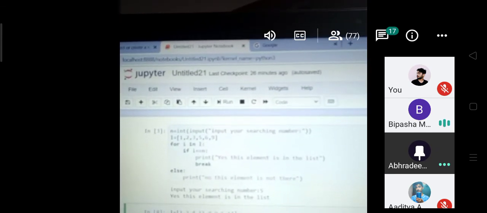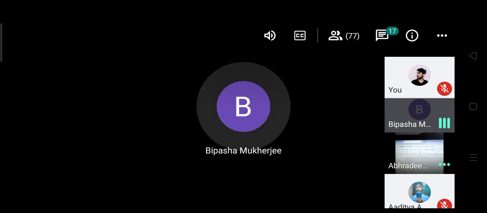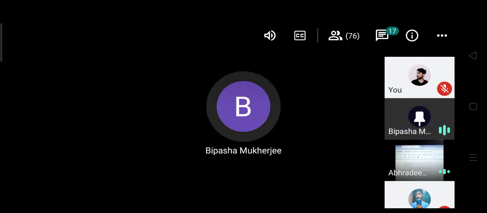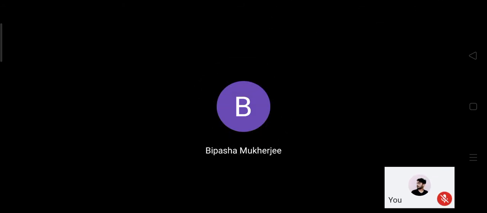That's a different issue, but you told me that if I do the things in Python using some other function, then this will reduce the complexity. No, you may say that it will reduce the number of lines. The time complexity never depends on the number of lines. No, I just want to reduce the lines also.